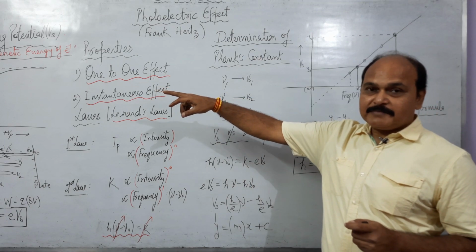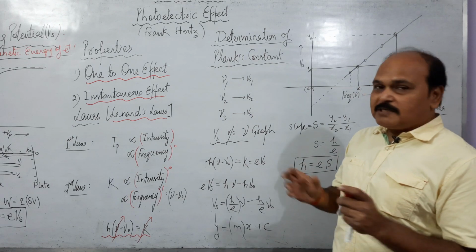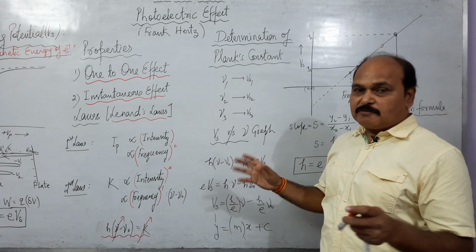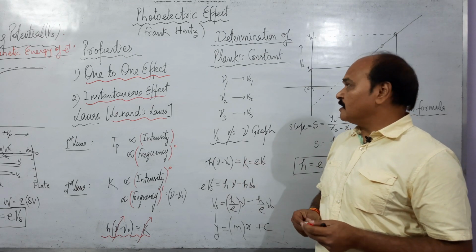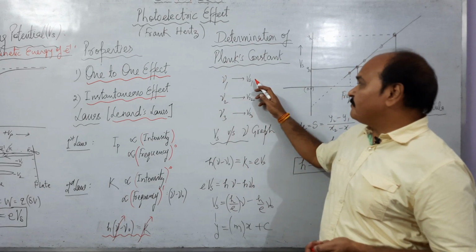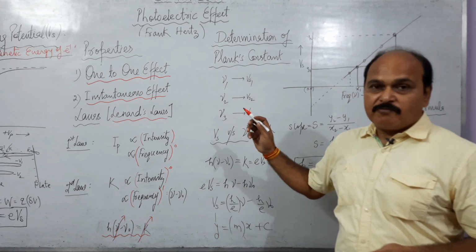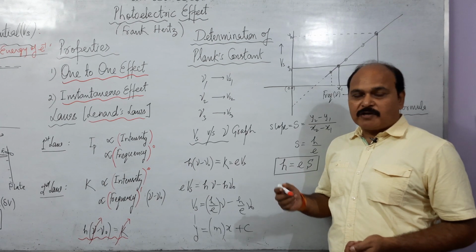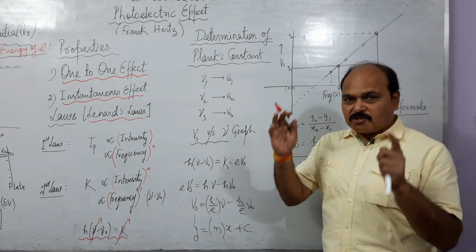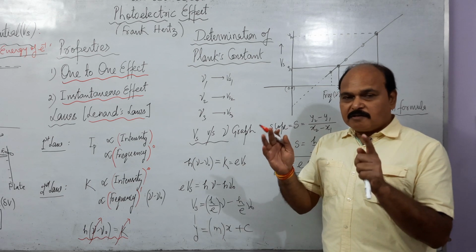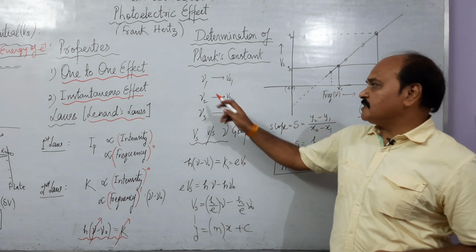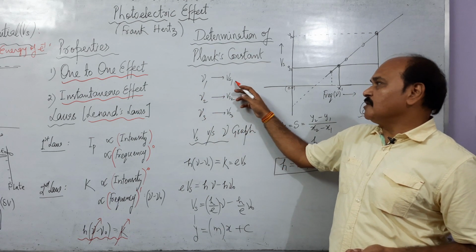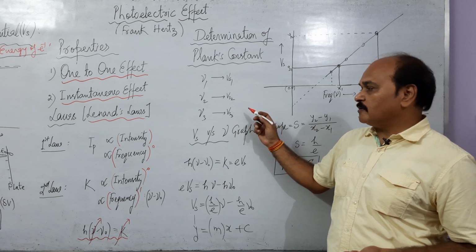So we take a photocell and we draw the circuit to study the characteristic curve of the photocell, and for different frequencies we find out different stopping potentials. So for different frequencies we find out different stopping potentials using a photocell. Say these frequencies are nu1, nu2, nu3 and so on, and the corresponding stopping potentials are Vs1, Vs2, Vs3 and so on.